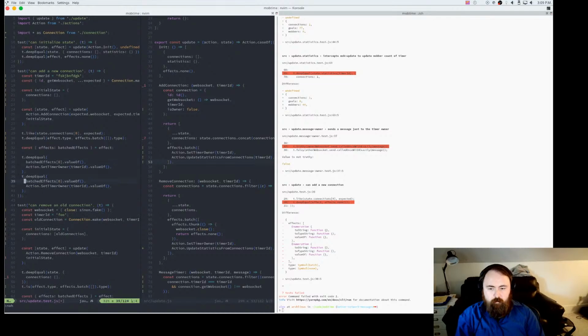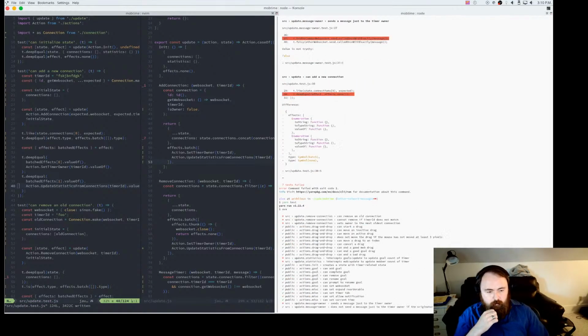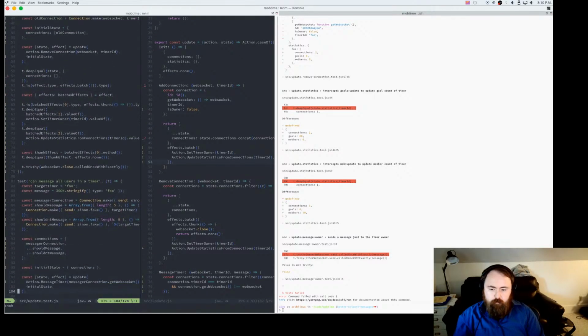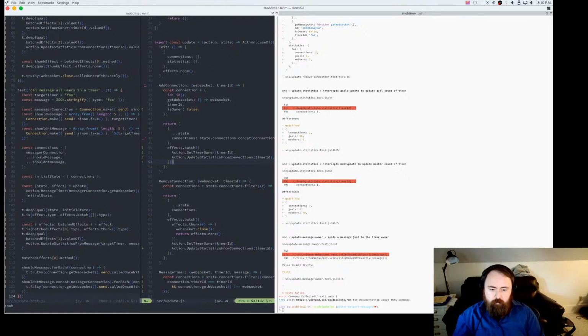And the second one is going to be updateStatisticsFromConnections for that particular one as well. Cool. This is kind of going off to other tests as well. Part of me wants to split this out a little bit too.